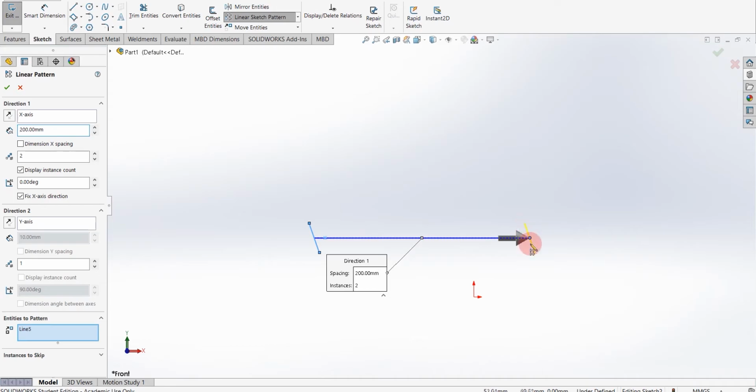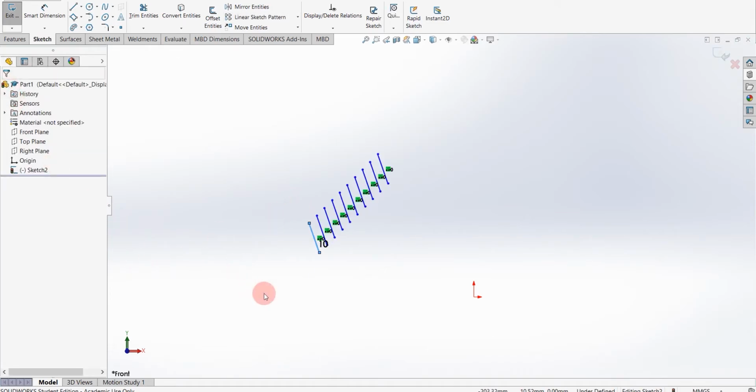Now this yellow line is preview, so I'm selecting 10 mm. You can also define the number of lines you want. Say I want 10 lines. You can see 10 lines are previewing. I want an angle, say a 45-degree angle with the x axis. As you can see, they are constructed on a 45-degree line with respect to the x axis.